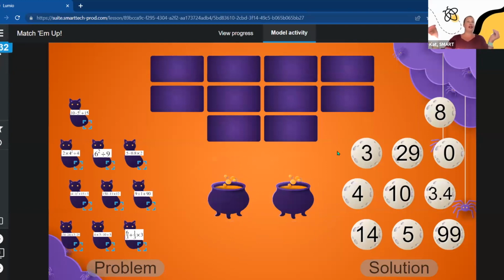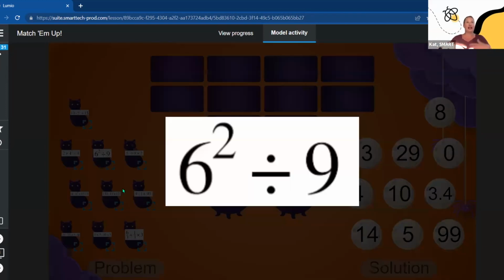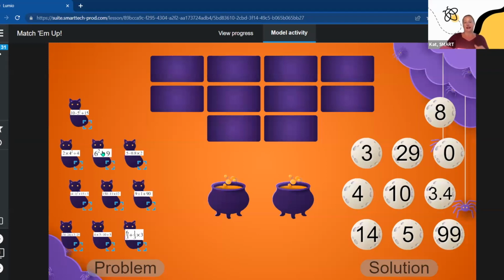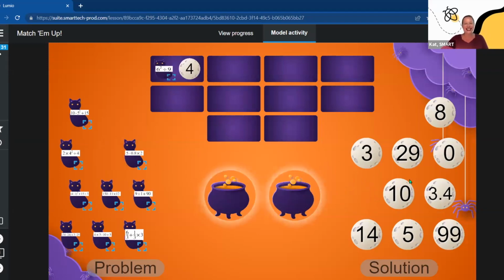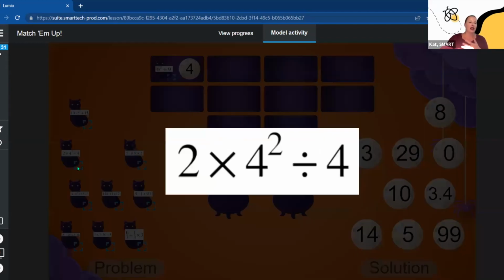So when we are matching things together, we have our problem, our numerical expression on the left. These are screenshots. And so you'll notice that with an image or a screenshot, you get this little blue box. If I click that blue box, it pops this open much larger, so it's easier to see. So 6 squared divided by 9, I believe it's 4. I think it's 4. So I'm going to pull those together, and it's going to pop up into the top. The other option I have with this